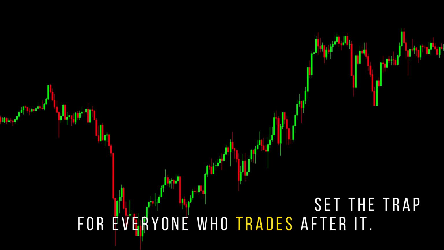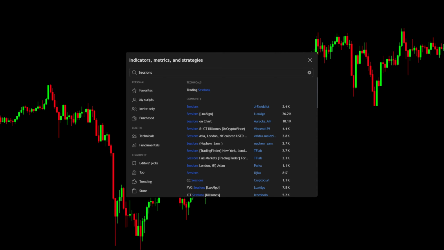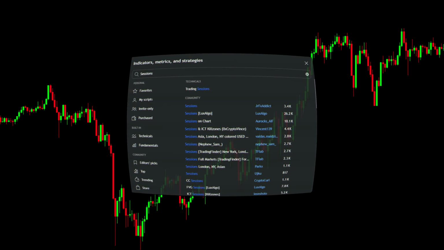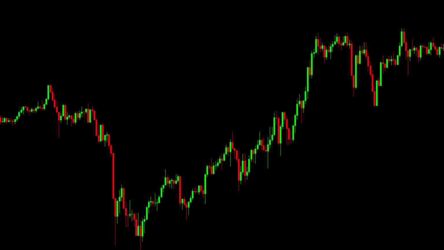To add LuxAlgo Sessions correctly, keep your chart clean and distraction-free. Open your chart, click on Indicators, and search for LuxAlgo Sessions, then add it directly to the chart. There's no need to change or over-optimize the settings. LuxAlgo already highlights sessions with precision, showing exactly when each major market opens and closes. Make sure London and New York sessions are enabled and clearly visible, since these are the only two sessions this